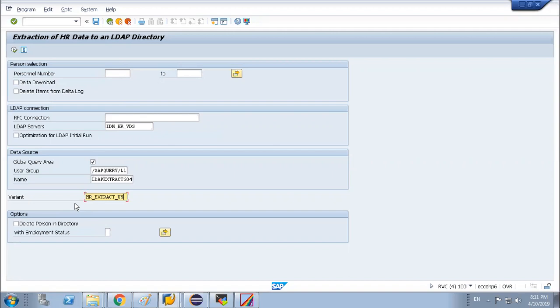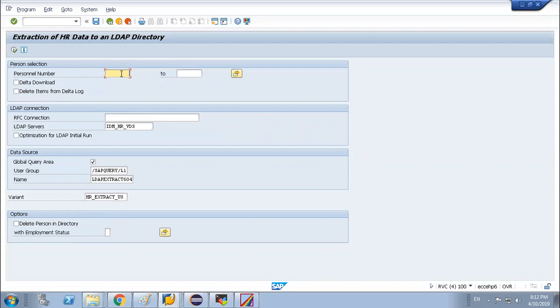Yes, that I will show, but just showing you. If I don't put this variant over here, all the data will be copied. Whatever data I put in this partner, in order to extract the information, I have to put the partner.